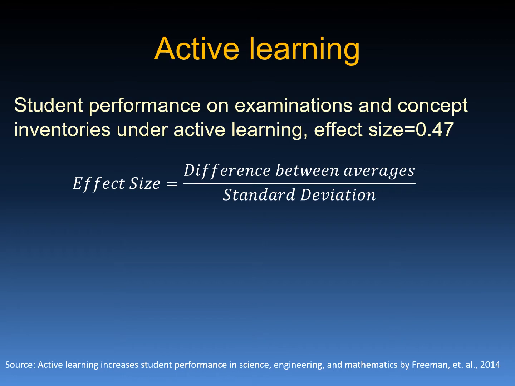We all are familiar with the 2014 seminal meta-study paper on active learning by Scott Freeman and his colleagues. They found that 34% of students failed their course under traditional lecturing compared to 22% of students under active learning. Performance in exams of students taught with active learning was 6 percentage points higher than those in the traditional lecture, which basically translated to an effect size of 0.47.